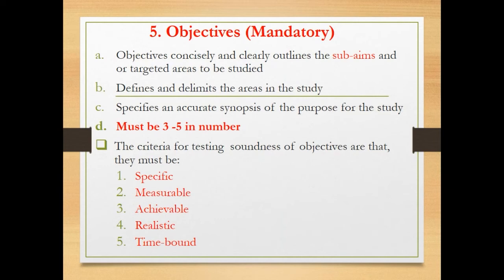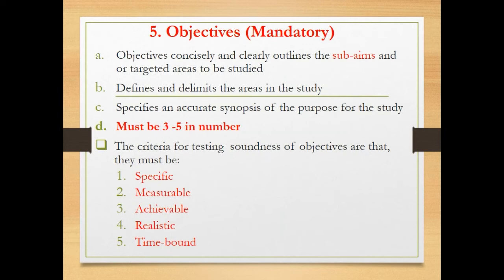And they must be specific, measurable, achievable, realistic, and time bound. So within 10 minutes, I must reach Centurion. Within 15 minutes, I must reach Midrand. Then there will be another 30 minutes, I should be able to get, and therefore, I can safely say my study will take 3 years because I know how each objectives will be met, how long it will take, and what is involved in getting there.